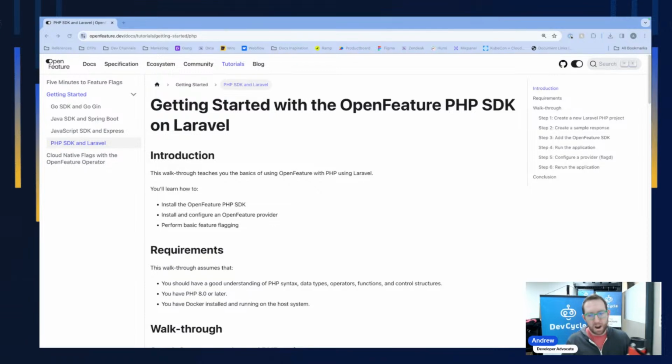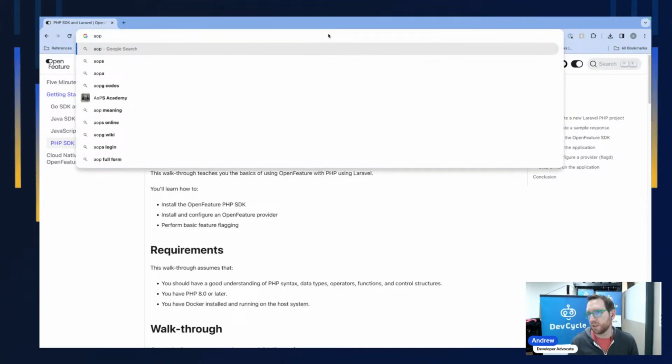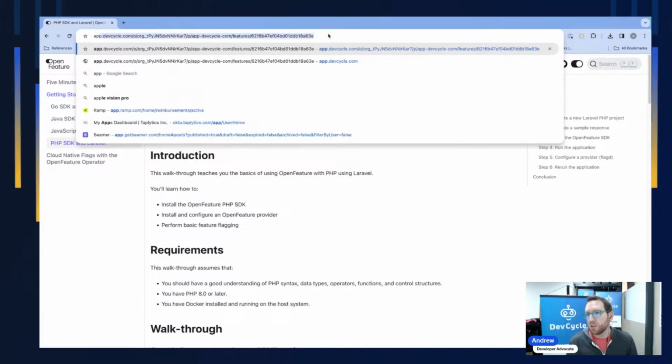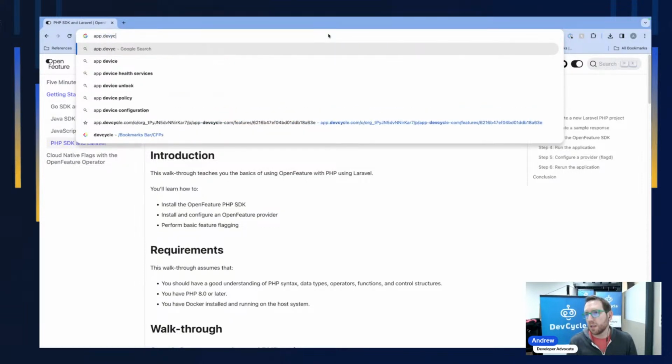All right, so let's take a look at where I want to actually get started, which is in the DEVCYCLE platform. So we are going to be looking at OpenFeature today, but we're going to start in